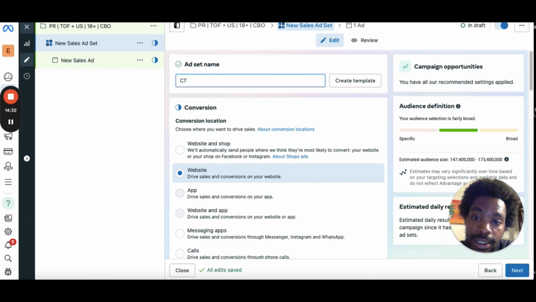So I would put CT1, creative test 1, and then I would do dash. I would put US, because that's the country you're targeting. Then dash. If you're targeting men specifically, or you're targeting women, I will put that in as well. So men, or M plus F, right? And then dash 18 plus,